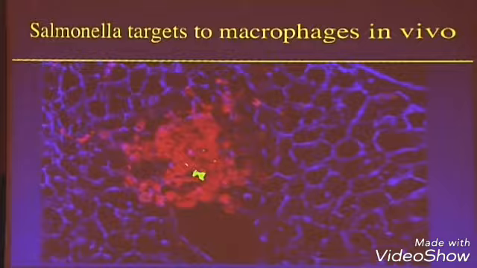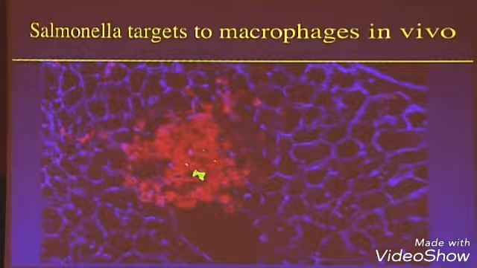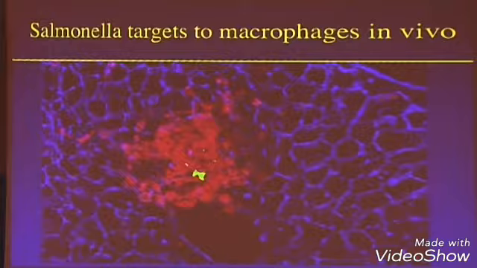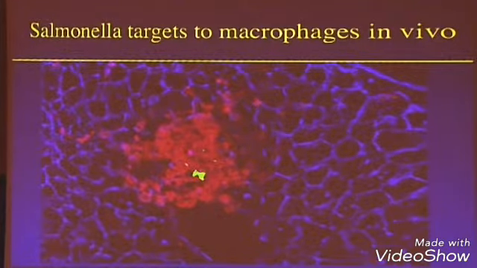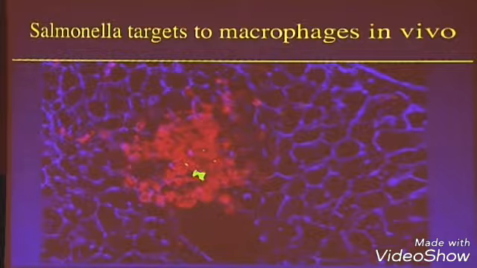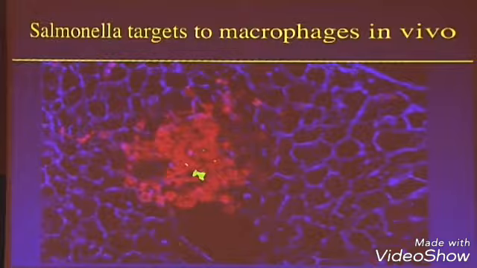So Salmonella targets phagocytic cells. This is an experiment we did many, many years ago where we wanted to see what kind of cells it was actually targeting in the liver and the spleen. Basically it targets macrophages and also neutrophils. The yellow is stained Salmonella, and you can see this heavy infiltrate of macrophages and then neutrophils at the site of infection. There was actually a raging controversy in the literature for a long time over whether Salmonella was truly an intracellular organism or whether it was just hanging out in the vicinity of these cells.